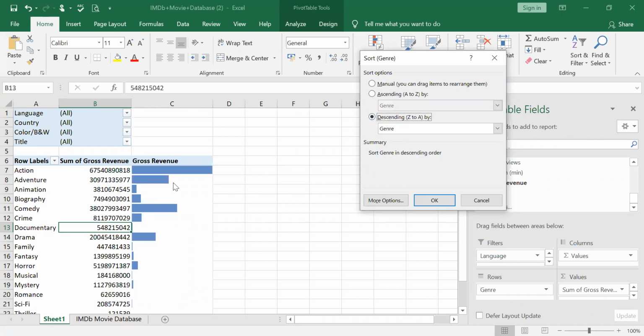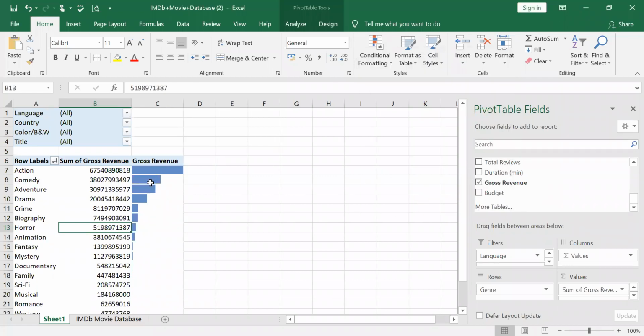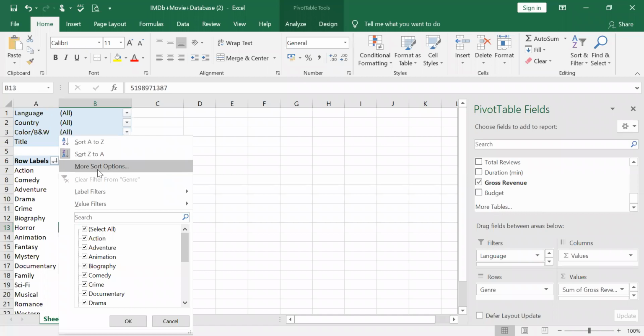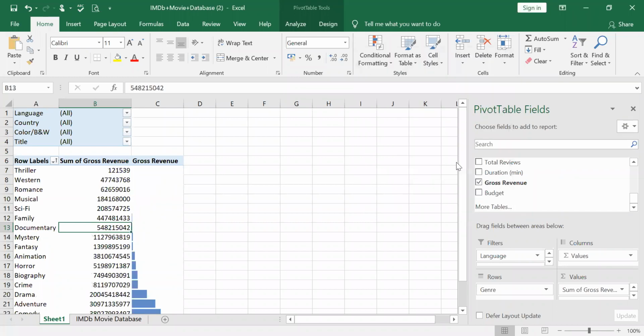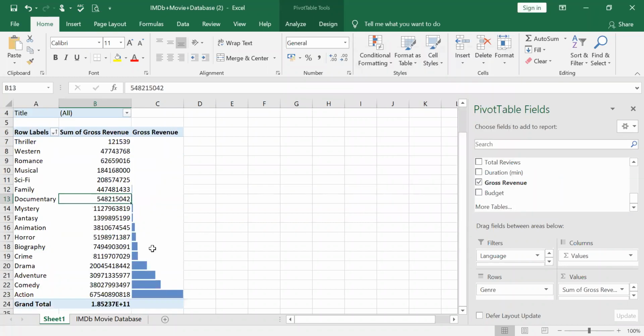For example, I just want to do a descending. I select gross revenue and give okay. You can find all of it comes in descending order. This is one filtering. Again, go to more options, click here, select gross revenue. Excel automatically considers this as gross revenue. You give okay and you can find these are placed in ascending order. Ascending and descending orders.